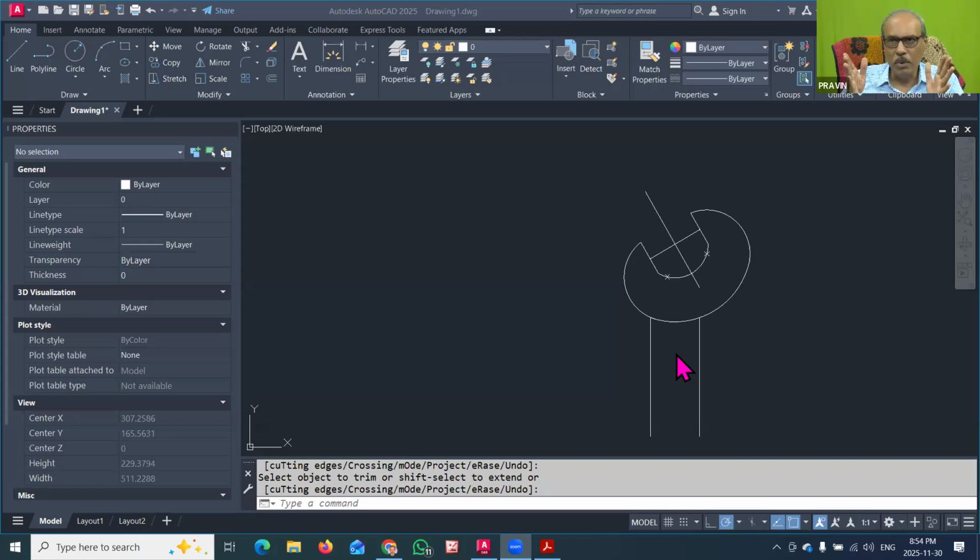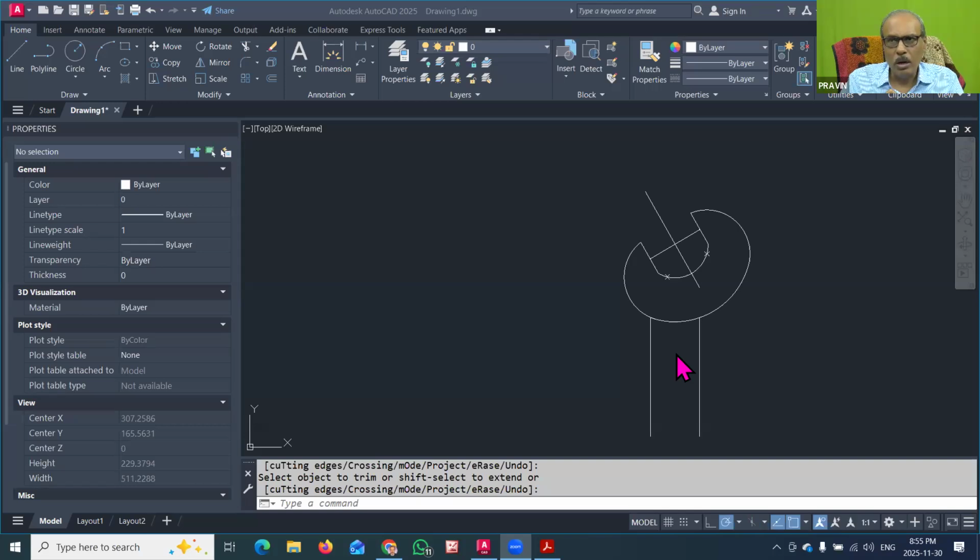See, the command is very simple, but we can achieve speed in AutoCAD only when we recall the proper command fast, and then just start using it. Otherwise, you will try another command and try to complete that drawing. It may be possible that you will complete it, but it will take more time if you do not use the proper command. So recalling that proper command is also one of the important things that you should know.